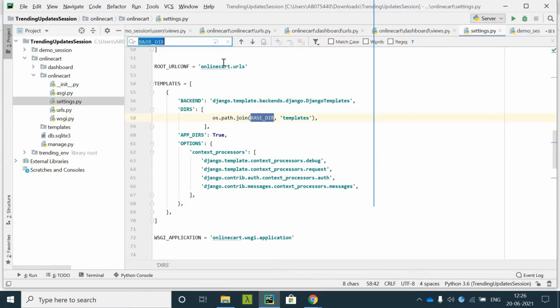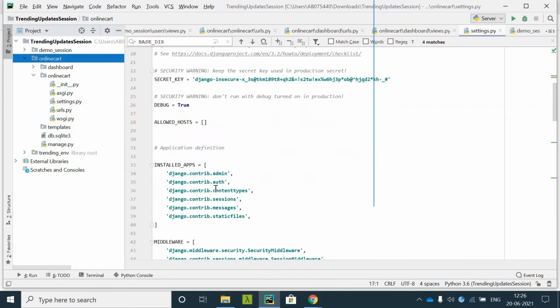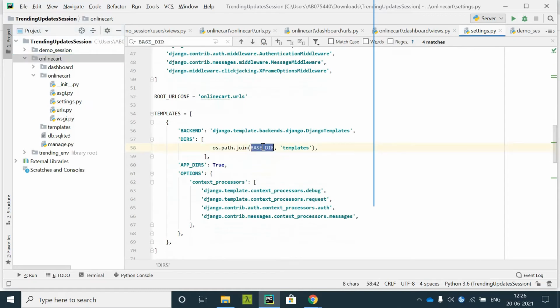You can see what the base directory is: Path, file, resolve, parent, parent. So the parent of parent means the base directory is online cart, and to this base directory we are adding templates also. We are making the join for this. So the templates folder will be used henceforth.